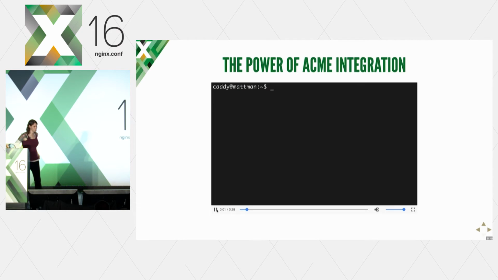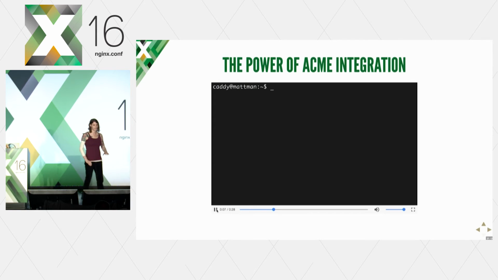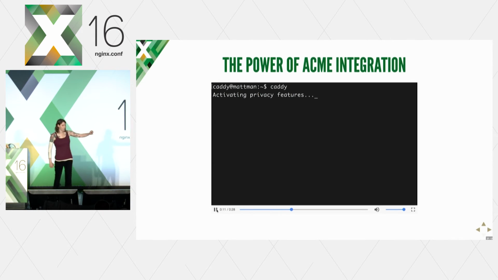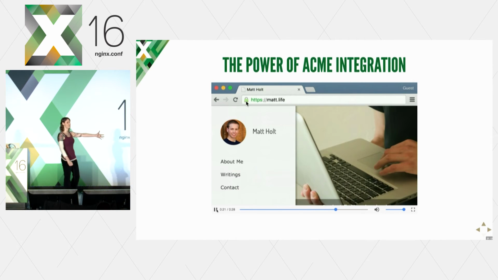All right, so he's at his command line here. He's editing the configuration file for his website. It contains the domain name for his site. That's all that's in there. Now he's starting up his web server. It's going out to Let's Encrypt to get a certificate, and boom, it's got a certificate. That's how quick it was. Now you can just bring up his web browser, goes right to the site, and there it is, HTTPS.